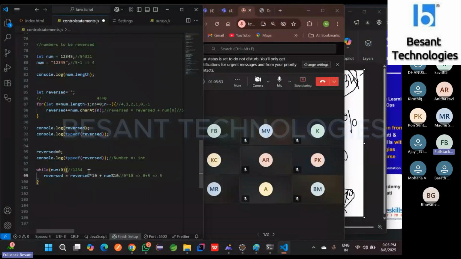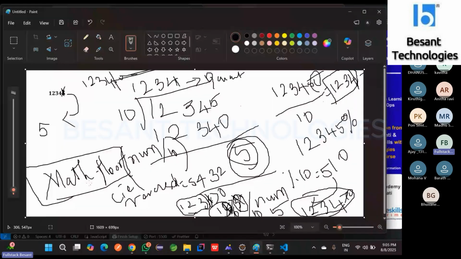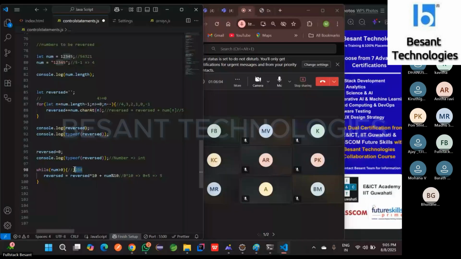Next iteration, this operation will happen. So we are going to put this operation and store the value into num itself, num into Math.floor. That will happen, and then we are going to get this number and store it. We actually have got that number only. So in case if we just